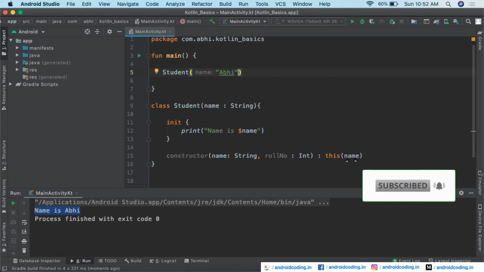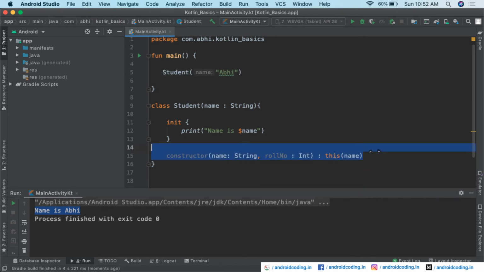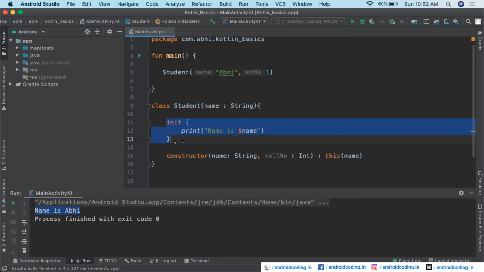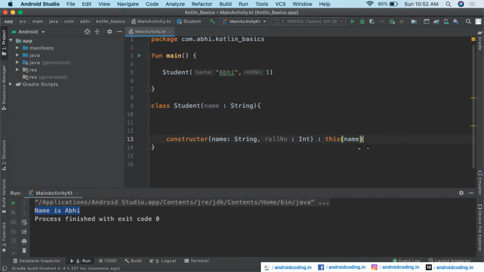In the same way, I want to have the values which I pass in my secondary constructor also. I am passing a roll number too, and I want to print them in our init block. Let us see if it works. I am adding it after the secondary constructor here. Name is already there, and let us add a roll number also.